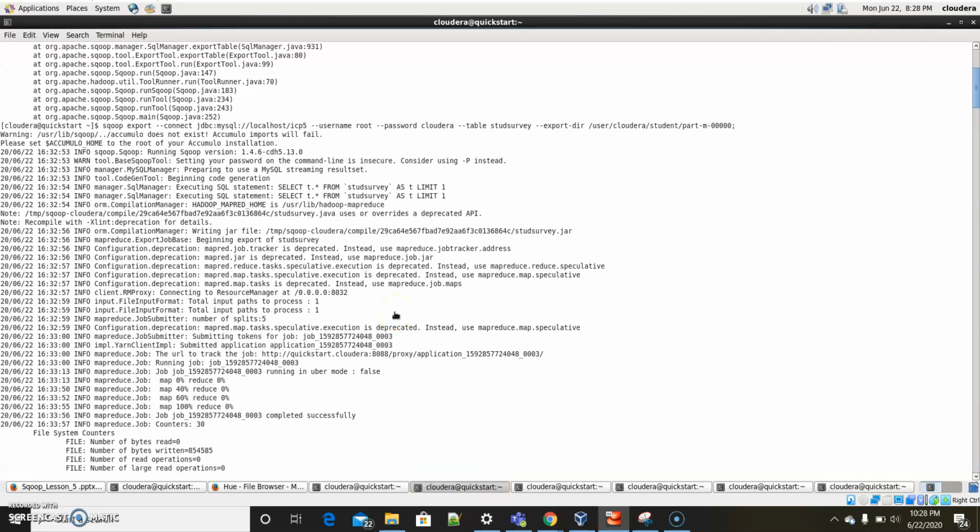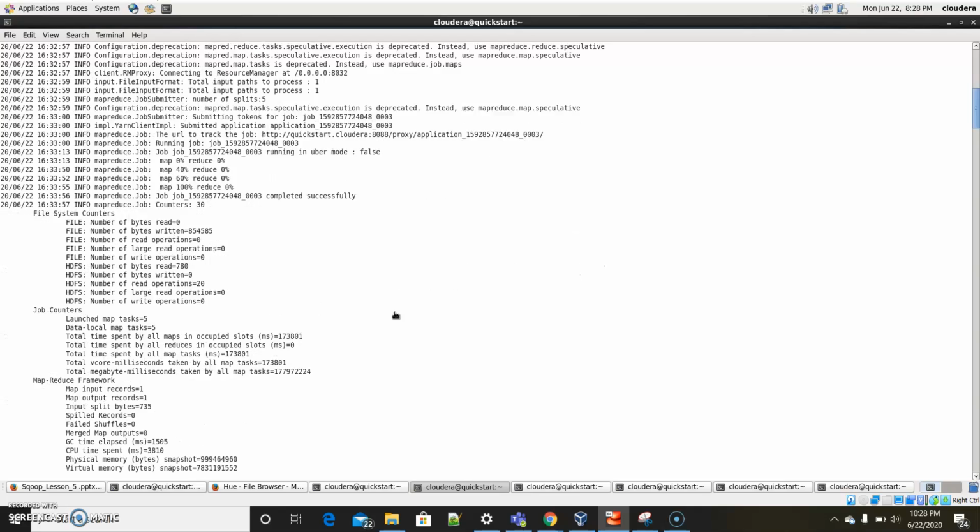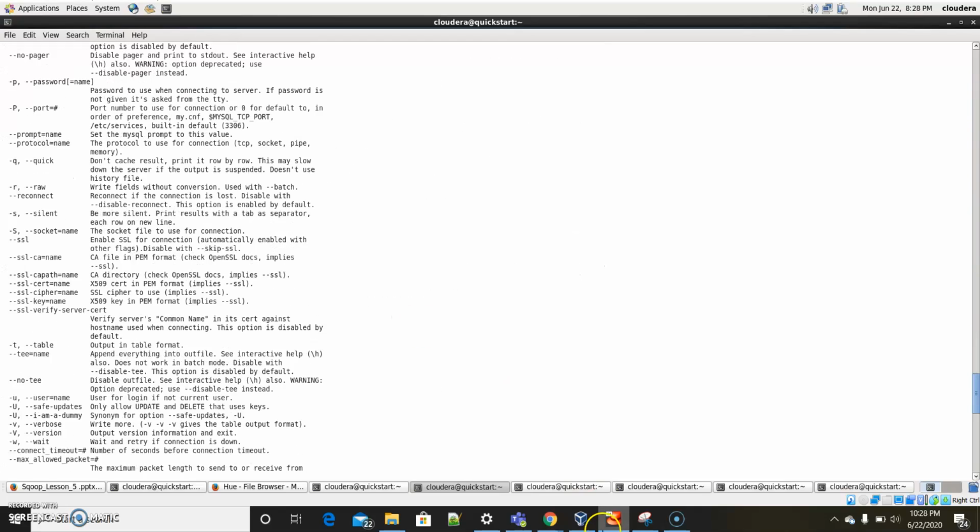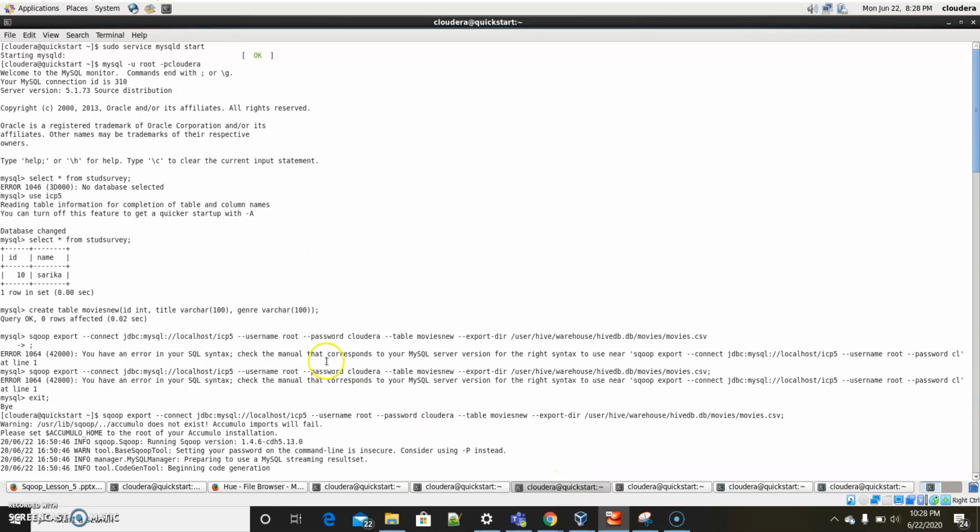And for the export command, to use the complex data types, I have used an existing table in my Hive, and then I have exported that into MySQL.